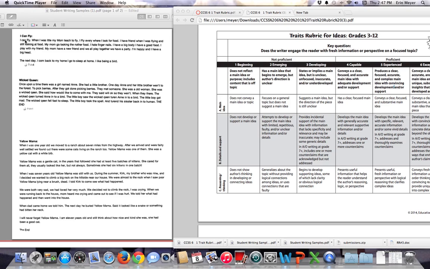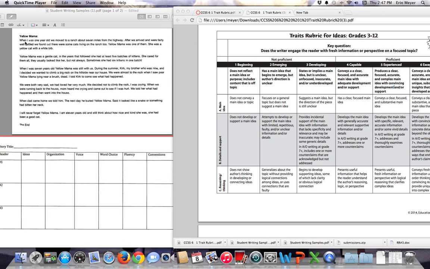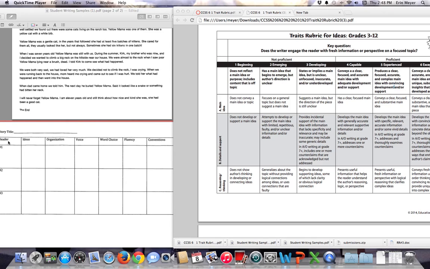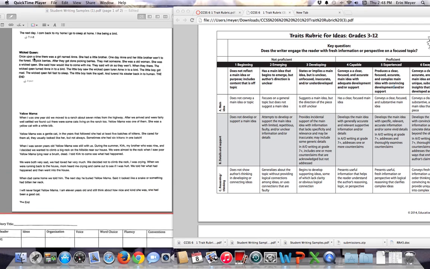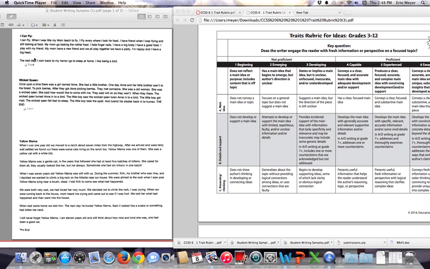So I'm going to come over here to I Can Fly on my student writing piece. On the second page, I have where it says Reader 1, right here is where you're going to write I Can Fly. And then it has a box for you to record your score for the trait of ideas. Now, under I Can Fly, I'm going to go ahead and begin reading it aloud with the appropriate pace and